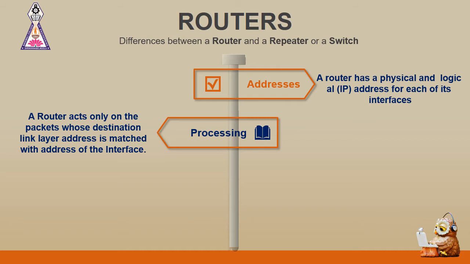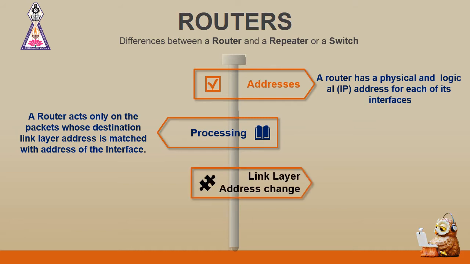Once the information is received at the physical layer, the regeneration happens. Once the regeneration is complete, the MAC layer of the router checks the destination MAC address contained in the packet, and it will match it against the interface address of its own data link layer. If both addresses match, only then will the processing be done at the network layer. If the address does not match, then the processing will not be performed. So thus it performs filtering both at the data link level as well as at the network level.